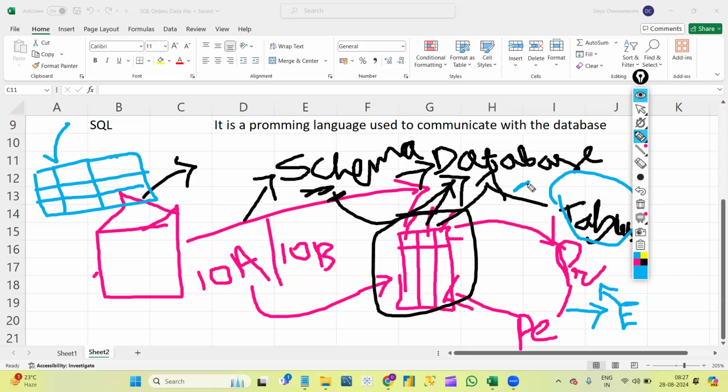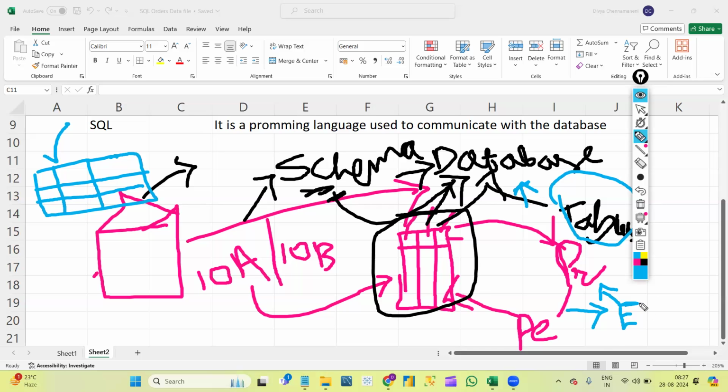So if we are storing everything in the form of databases, whenever we have any requirement, whenever we want to see the data, we also need to communicate with the database, correct? We should state our needs. Here the principal wanted to see the students' attendance and told the peon, go and bring the register. If the data is stored in databases and I want to see the same attendance, I need to tell the database, give me the attendance, or any particular data, like student marks or student attendance. According to my requirement, I need to communicate with the database what I want to see exactly, correct?